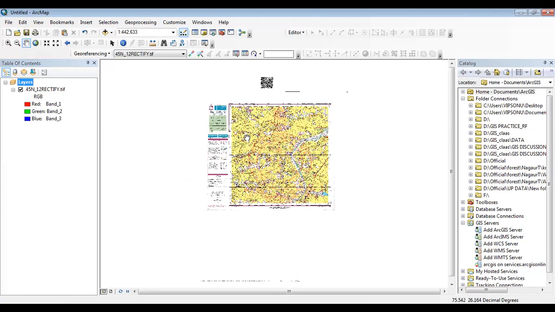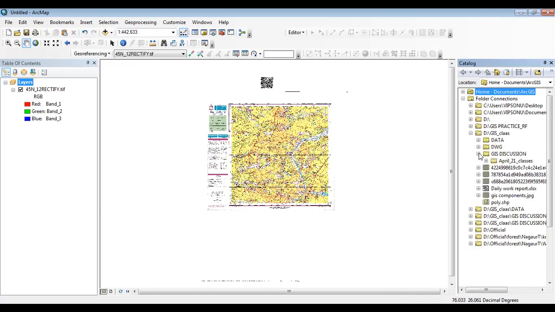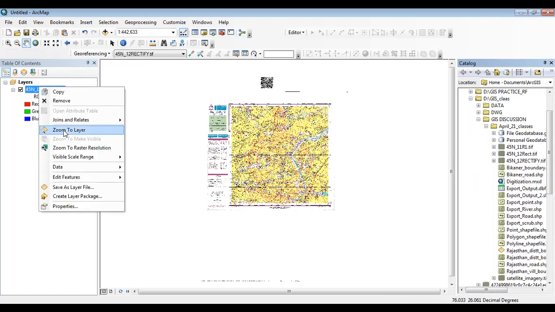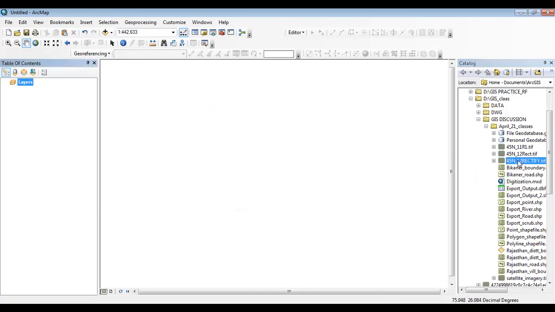The next step is to define the projection. Go to the catalog panel, and then go to your destination folder. This is our image. First remove it from here, and then you can see this is our raster toposheet.